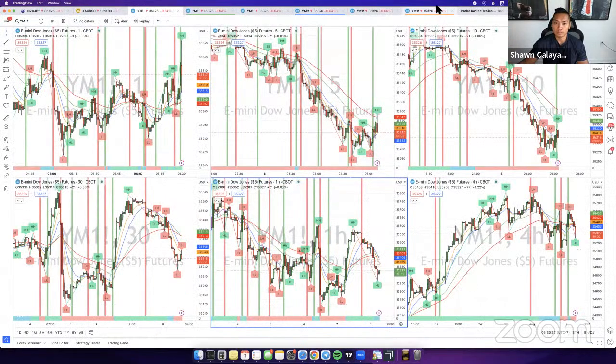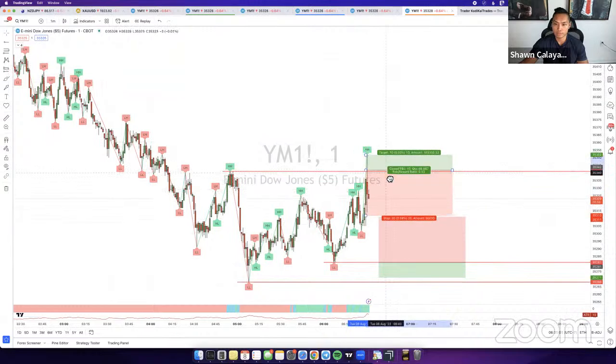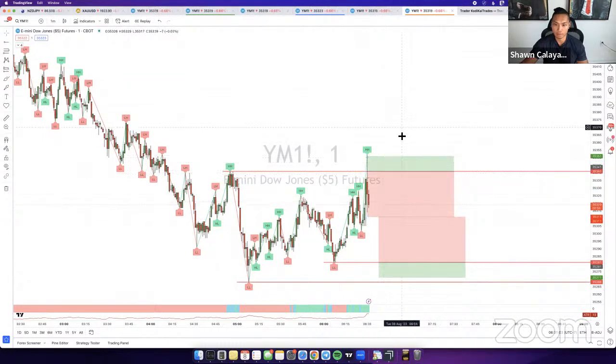All right, so let's see the liquidity again. So you can see over here, liquidity just got hit on the top end, guys. I don't know if anybody caught it. I didn't catch the move, so obviously I'm not going to count it, but top level right there just got hit. If you guys caught it.